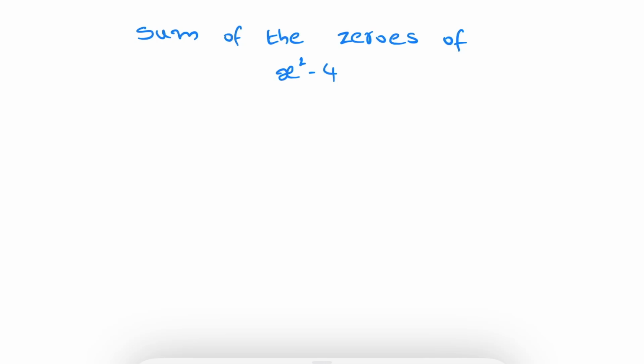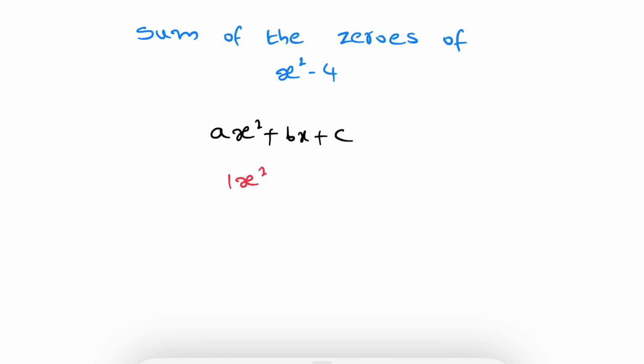Find the sum of the zeros of x square minus 4. First, let us try to write the given polynomial in its general form. So, the general form of a quadratic polynomial is ax square plus bx plus c. So, the given polynomial, if you try to write in this form, x square I am writing as